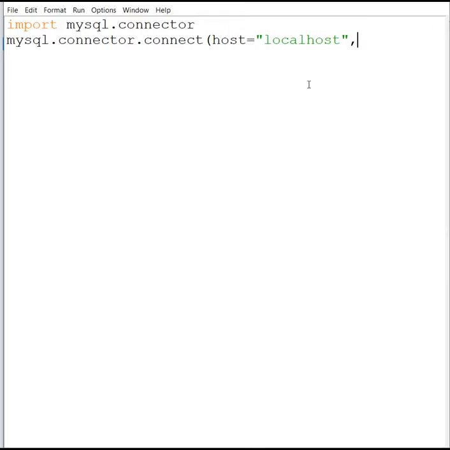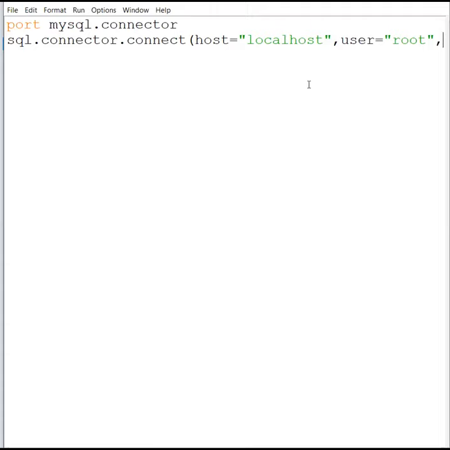Then the second argument that I need to pass is the name of the user. When we installed MySQL in our system, at that time the username we gave was root. This is the default username. We have not changed it and we will not change it. Then after that, next is the password. For that, again you have to see the spelling. It is passwd, not the complete word password. Okay, passwd is the password.